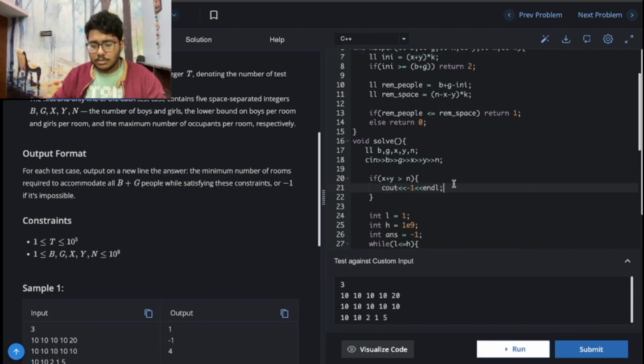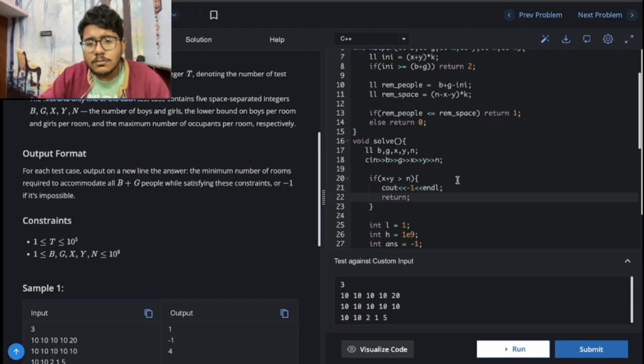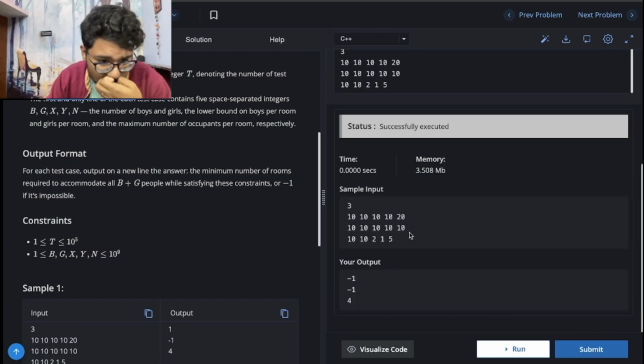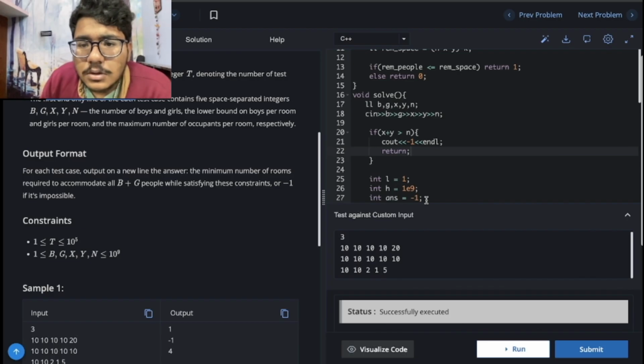Okay, this should be written x plus y is greater than n. There should be return -1. Okay, so there are some issues. Let me check first. Okay,